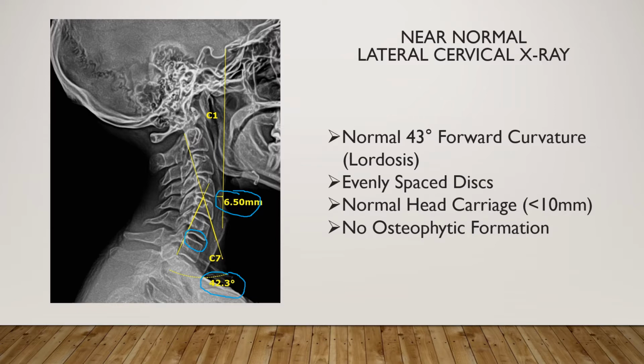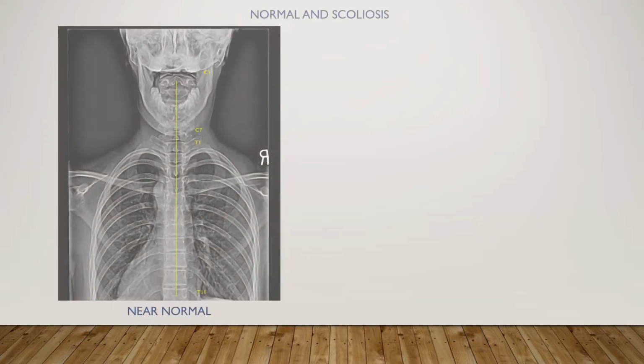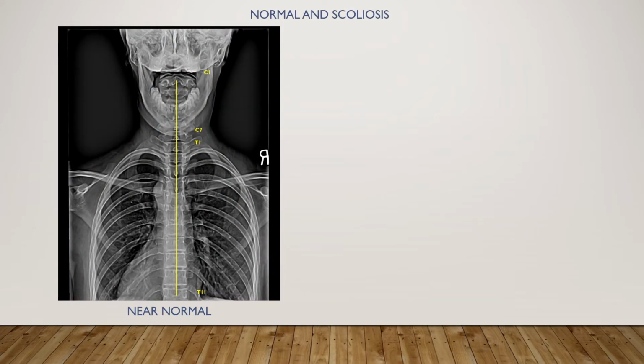The other thing we look at are the front part, or the bodies, of the vertebrae. The vertebrae should be nice and squared off as we see pictured here. We don't want to see any lipping or spurring on those vertebrae, which would indicate osteoarthritis or degenerative joint disease within those vertebrae. The next x-ray we're looking at is also a picture of the cervical spine here at the